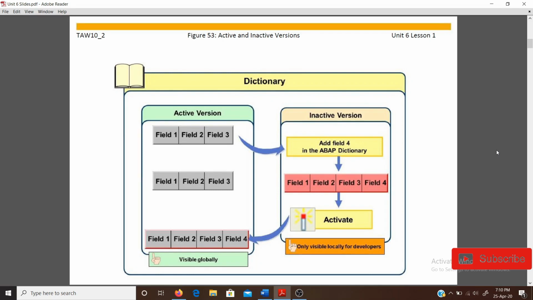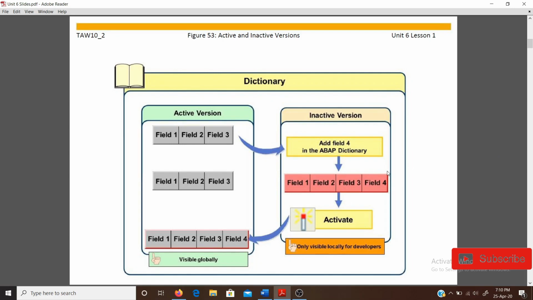Or we can say that an inactive version is created when an active object is changed. That means the object is in the change state and it doesn't affect the runtime system. The inactive version can be changed into an active version through a process called activation.